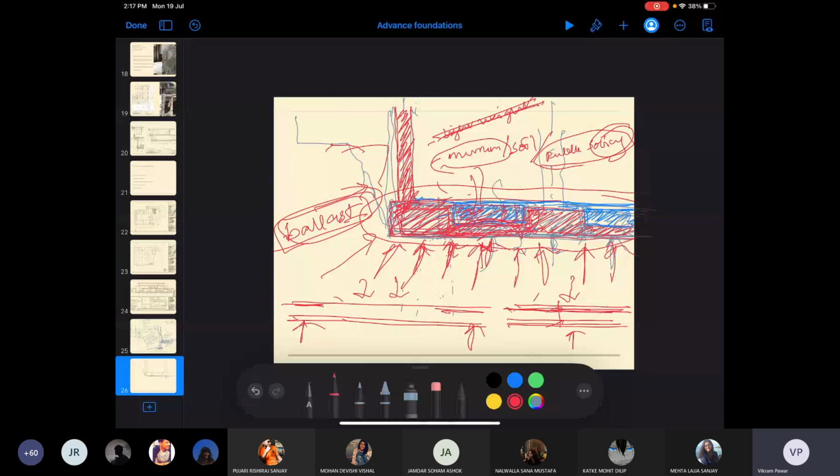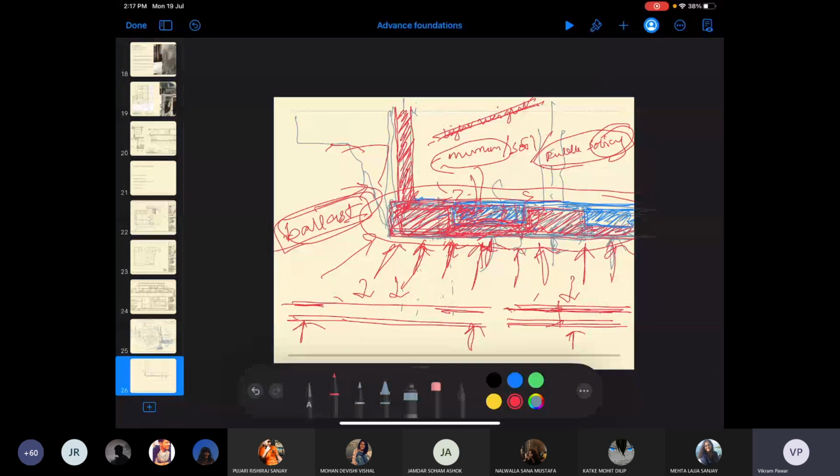So the decision on murum also should be subject to what is the quality of murum, what is the sandy quality, what is the clay content, whether it is good enough, whether it will be dimensionally stable. Because if there is a dimensionally unstable component, the top is only a PCC. So if this shrinks or settles down, there are going to be cracks over here. That's the reason most of the time murum is not used, unless it is part of the filler for rubble, or the structural engineer already figured out the composition of murum and has allowed its use.